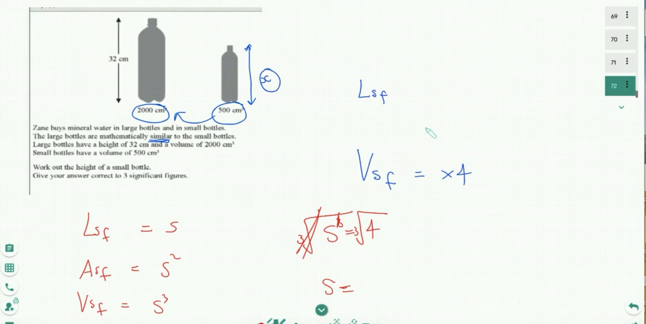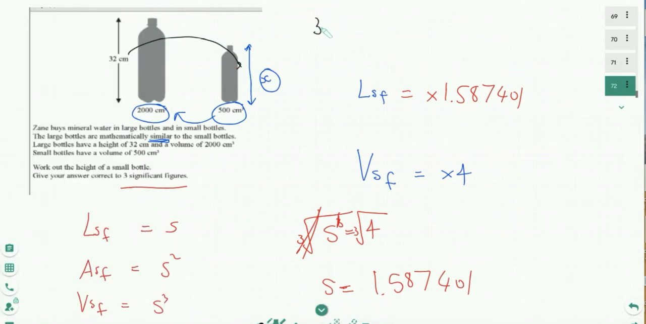And since we want our answer to 3 significant figures, whenever I do calculations, I'll always keep double the number of digits. So the cube root of 4. Okay, and our calculator says 1.587401. And that is going to be our length scale factor, times by 1.587401. Now, since we're going from the big shape to the small shape, we're going to do 32 divided by 1.587401,